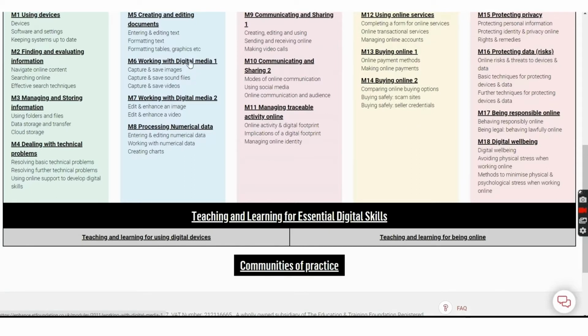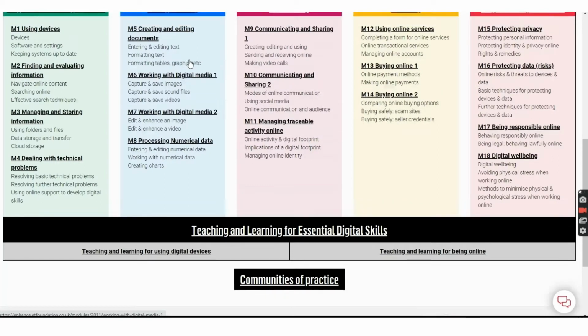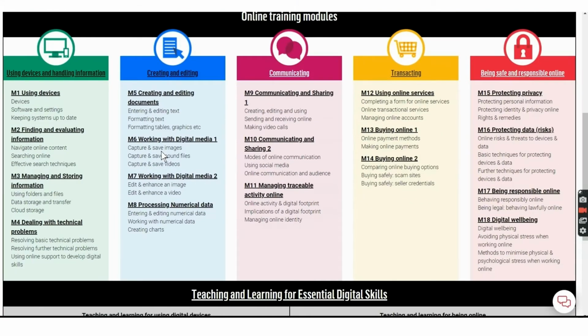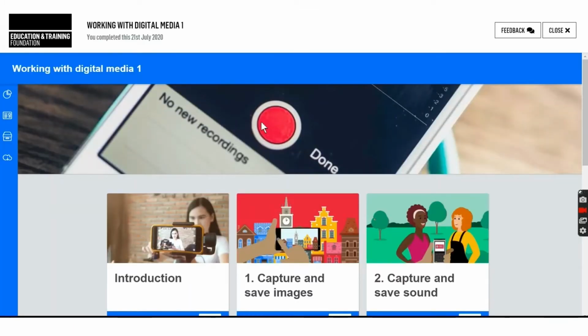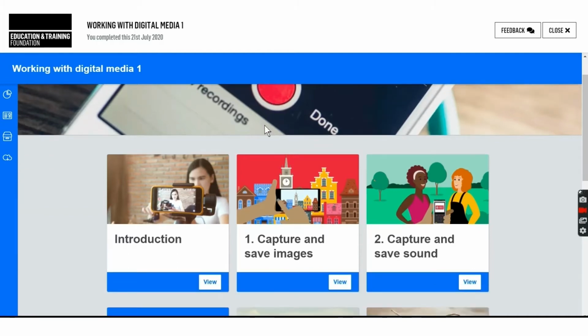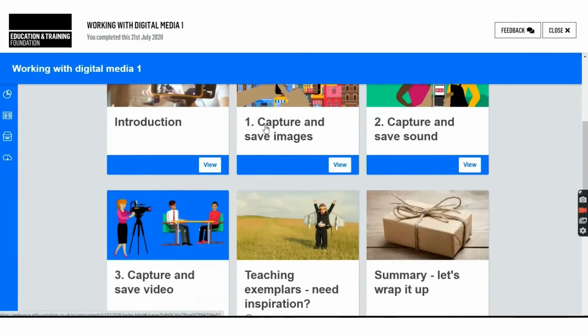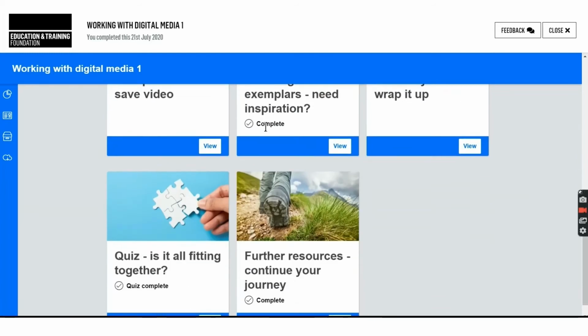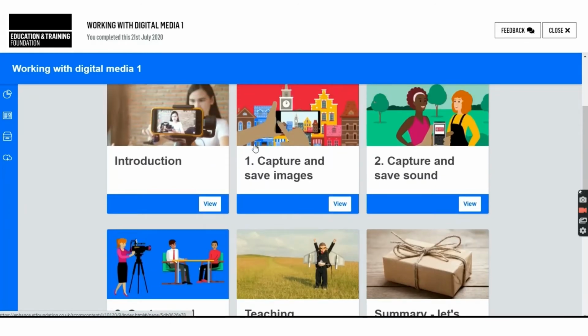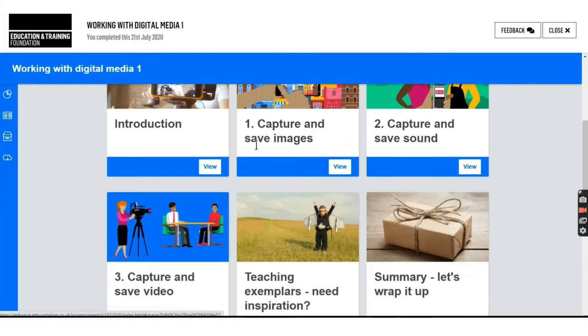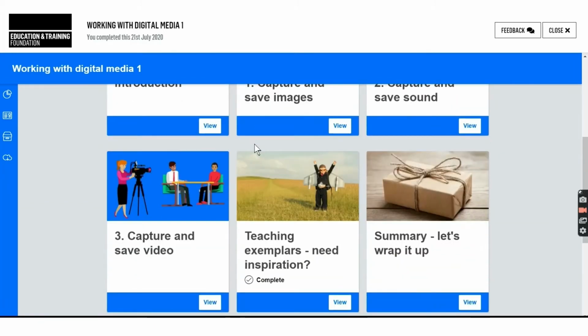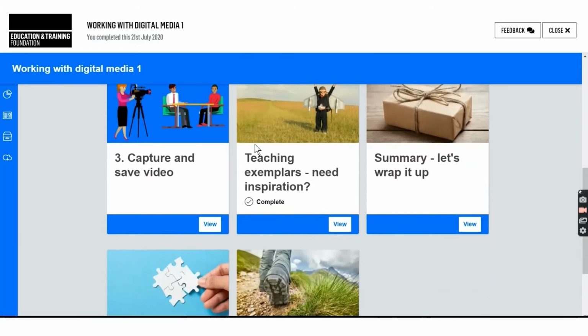This one is in the Creating and Editing Skills area, and it's working with Digital Media 1. Click here and it'll take you to this learning module. So this home page takes you through the design of the learning module, and all modules follow the same format. It starts with an introduction, has 3 chapters, followed by a section called Teaching Exemplars, which I'll explain a bit more about later,